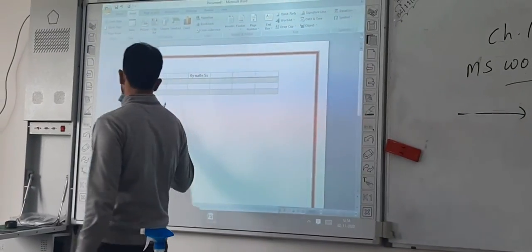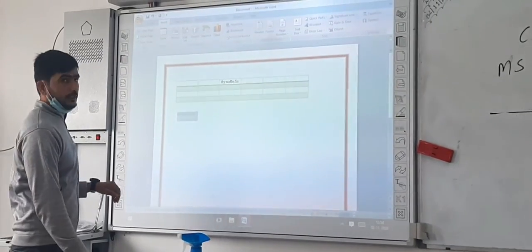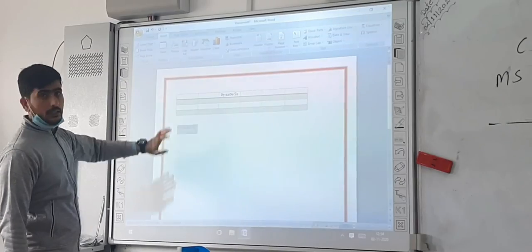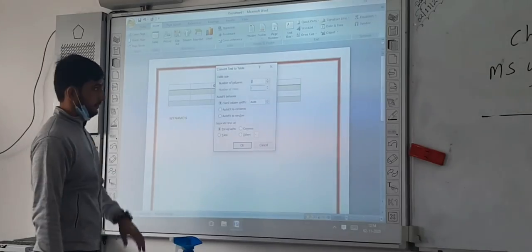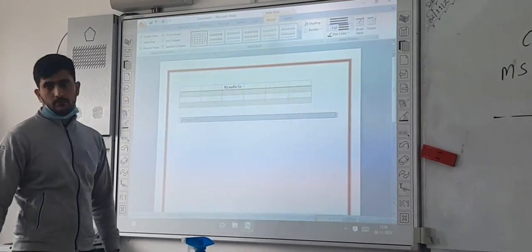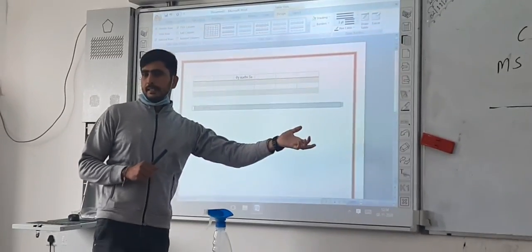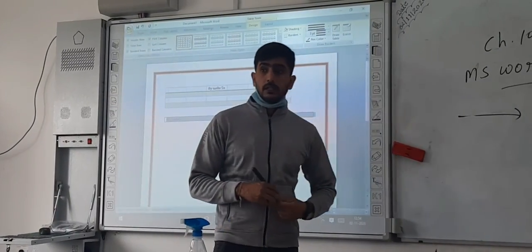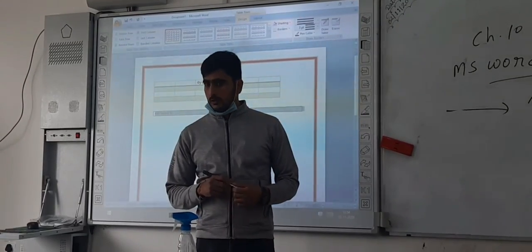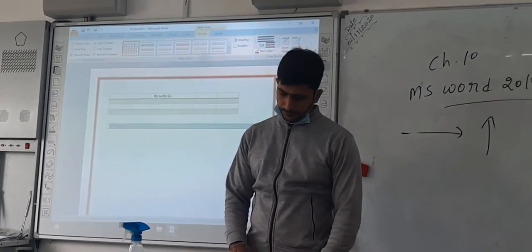I have selected this one. First, you need to select the text, and then I want to insert it into a table. So I have to click on Table, and you will see Convert Text to Table. You will see that button. No need to put the text in cells if you have written it, but remember that it will come only in a single row and single column. So don't do that.